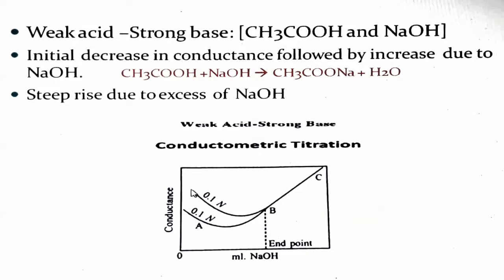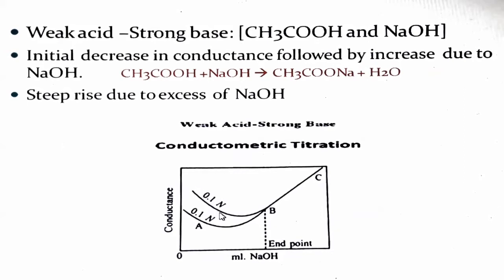And so here first acetic acid, this fall in conductance is due to neutralization of acetic acid. Here a slight increase in conductance due to formation of sodium acetate, which is a strong electrolyte. So at this point, this is called the end point, where the total acetic acid is neutralized by NaOH. As we add excess of NaOH, a steep rise we can see due to the addition of NaOH. This is the conductance due to mobility of OH negative ions.